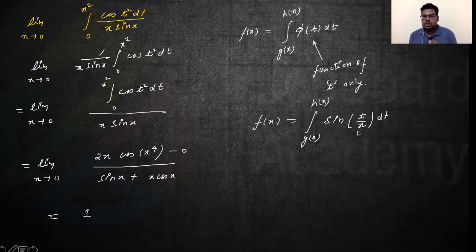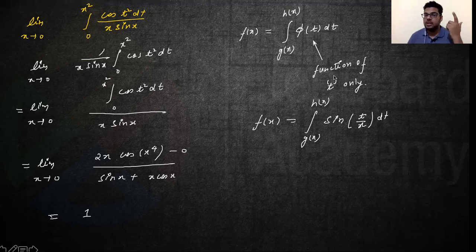Because now this is not the function of t only, because see the derivation that we had done, right? In the derivation, we had clearly seen that this was a function of t only. Then we derived the formula that we are using. So now in this case, you cannot take out x outside the integration, right? The x cannot be taken outside. So now this becomes a function of both t and x. So in this case, we'll not use the formula that we have used, right? We just have to keep this thing in mind.